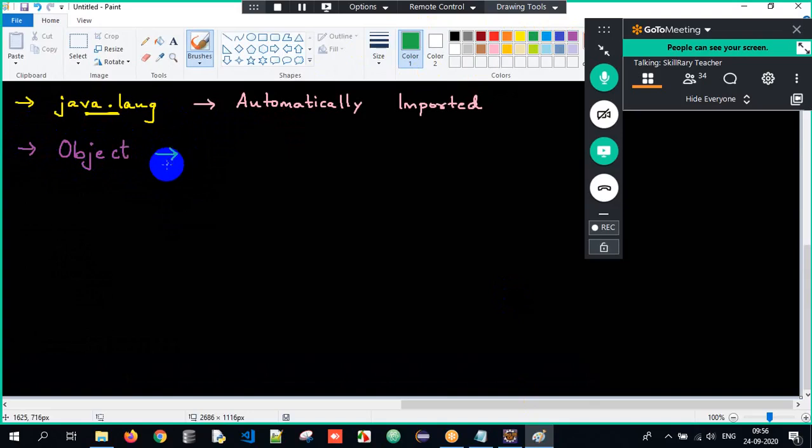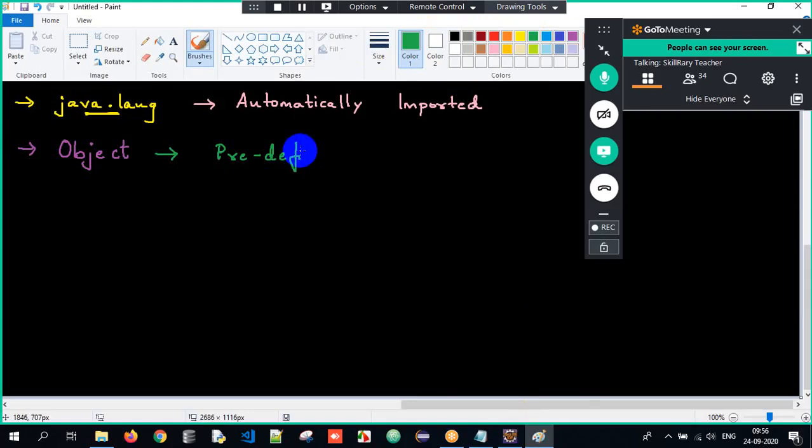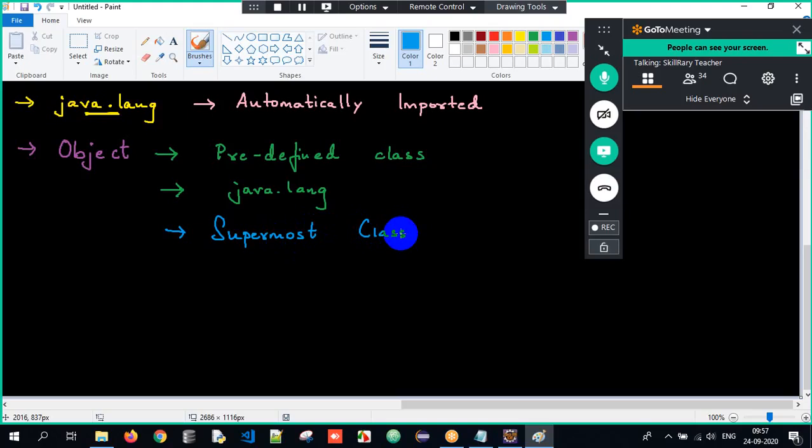This object class is a predefined class in the java.lang package. Object is already an existing class in the java.lang package. But we call this object class the supermost class in Java. Which is the supermost class in Java? The object class. Why do I call object the supermost class in Java? The reason is, I will